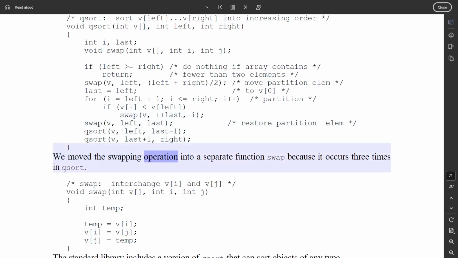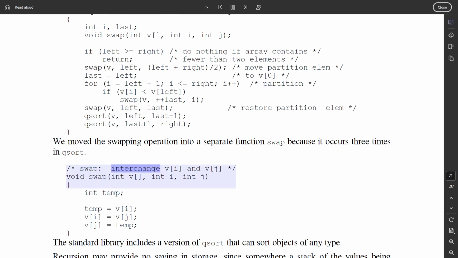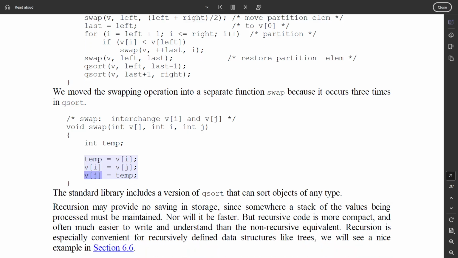We moved the swapping operation into a separate function, swap, because it occurs 3 times in qsort. /* swap: interchange v[i] and v[j] */ void swap(int v[], int i, int j) { int temp; temp = v[i]; v[i] = v[j]; v[j] = temp; }